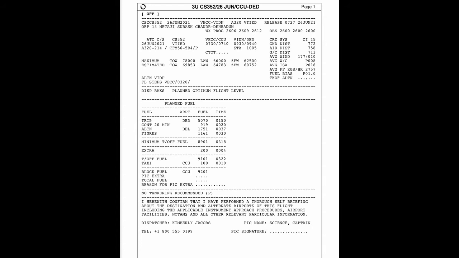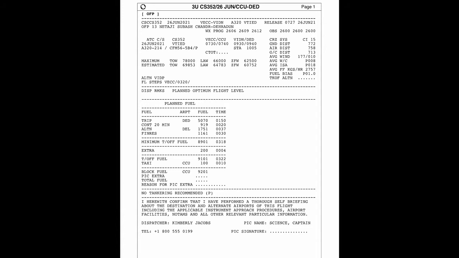A few days ago I flew a flight, and I started using the SimBrief online platform. SimBrief is an online platform in which you can create a flight plan for your simulator sessions. This is how I created a random flight plan, and I actually used it. It is a very helpful one.